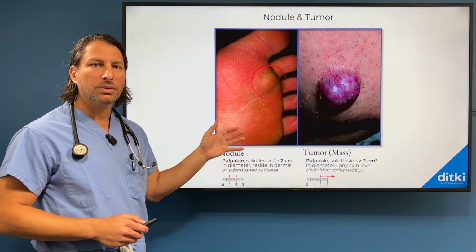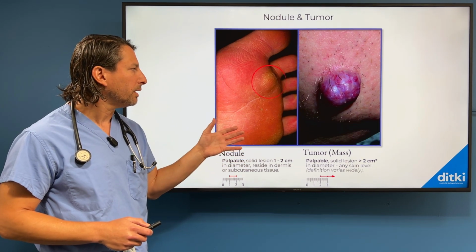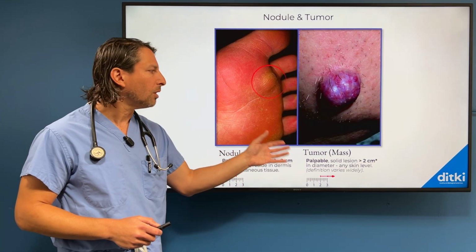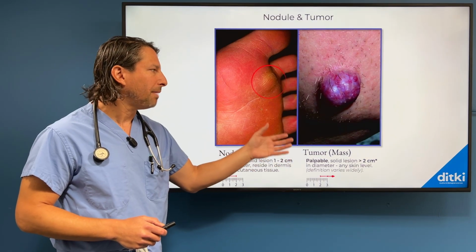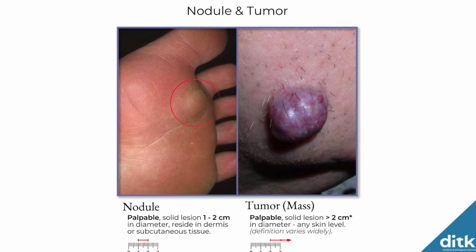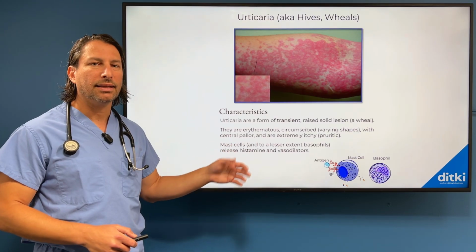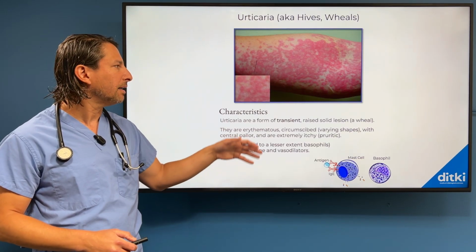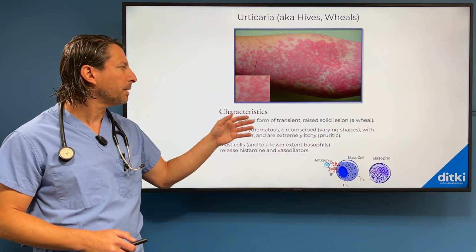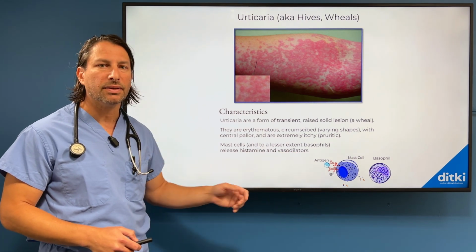Nodules and tumors. Nodules are dermis lesions. They go into the subcutaneous tissue. They're generally 1 to 2 centimeters in diameter, whereas a tumor is a larger lesion, also known as a mass, but there's varying definitions for tumor as it applies to different body regions. And then we have urticaria, which are transient solid elevated lesions. Again, it's an intensely itching phenomenon with serpiginous and circular formation with central pallor due to mast cell and basophil release of histamine and other